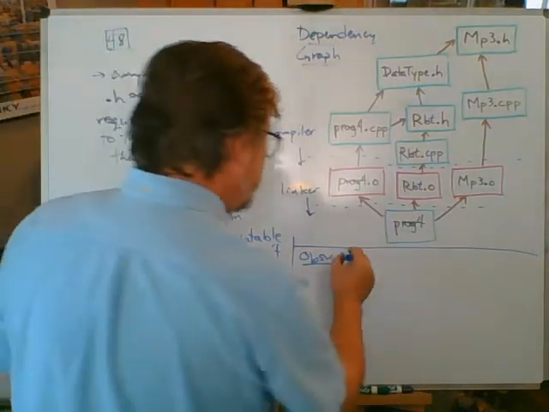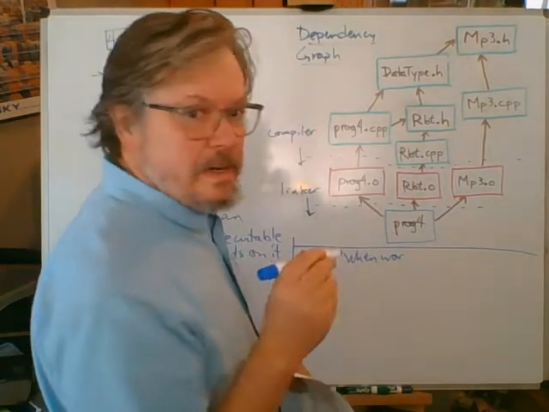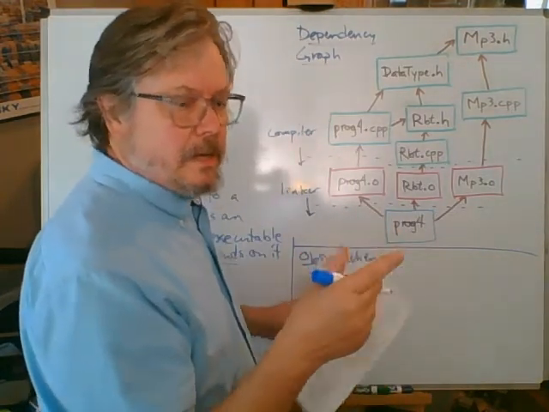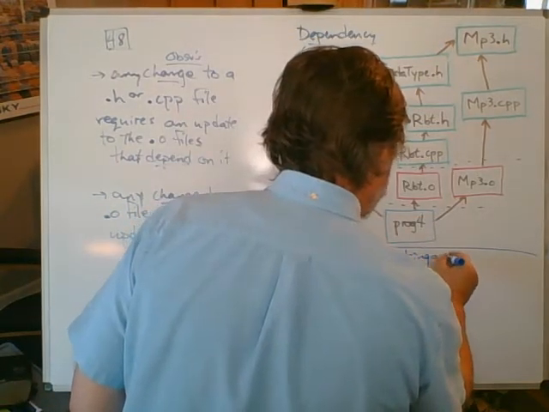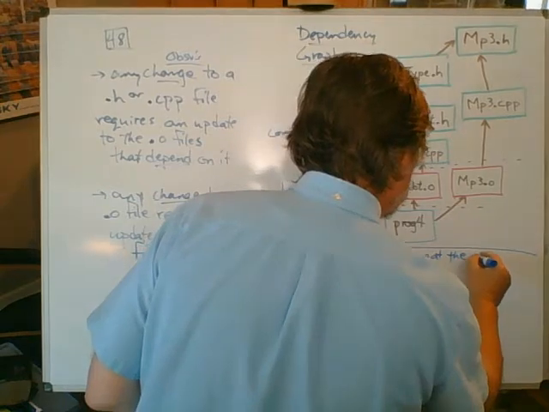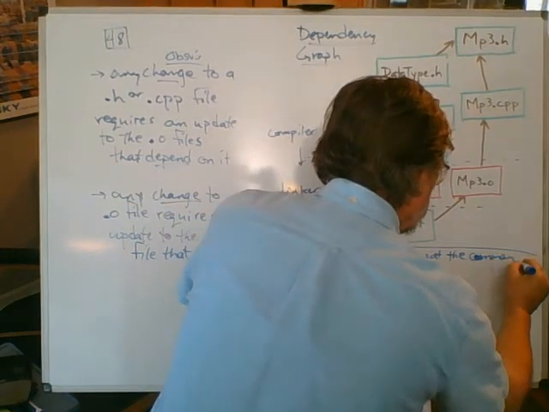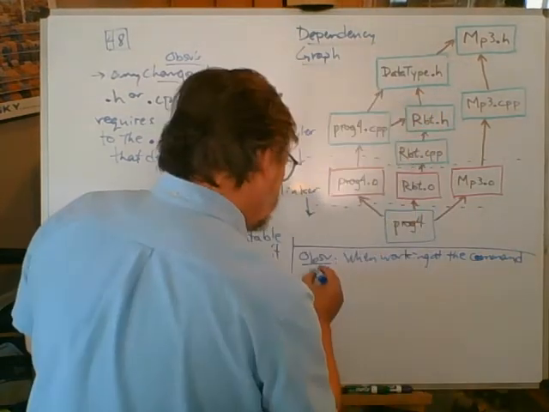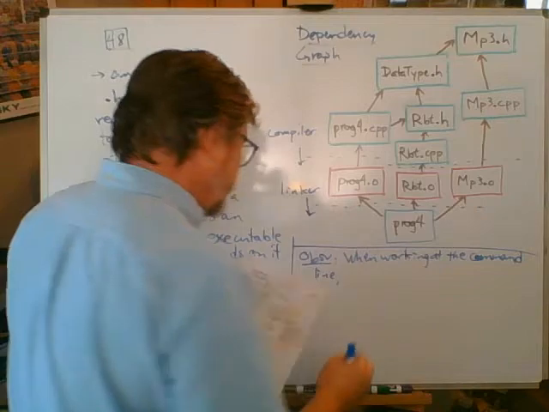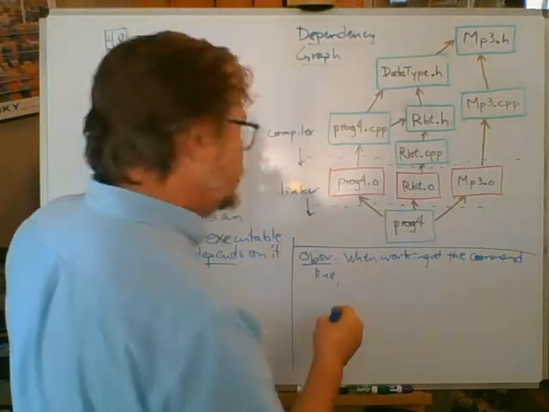When working at the command line, as opposed to working in an IDE where you just click a bunch of icons and everything happens, when working at the command line, how many times have I said that now? As the number of files in a project gets larger and larger,